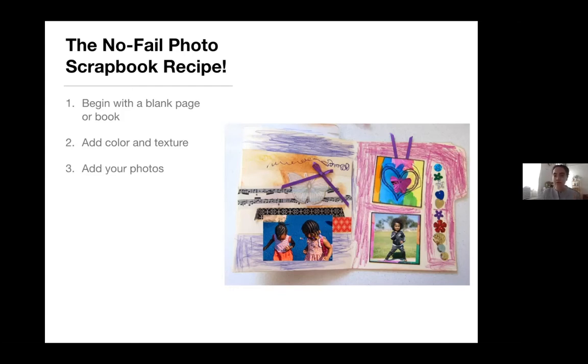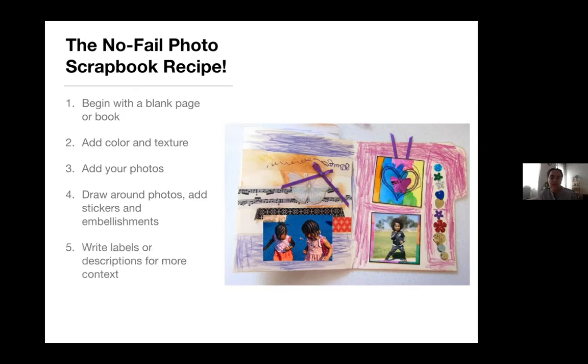And then add your photos. So these are photos you might have taken with your child, ideally, or maybe even just photos you have of your child that they want to work with, or whatever it is. Add your photos in, and then just keep going. Add more layers if you want. Draw around the photos. Add stickers or embellishments like colorful tape, or anything that you want to add. This example has these little foil butterflies, these little gems along the side. There's some ribbons glued on there. So it's really whatever you have.